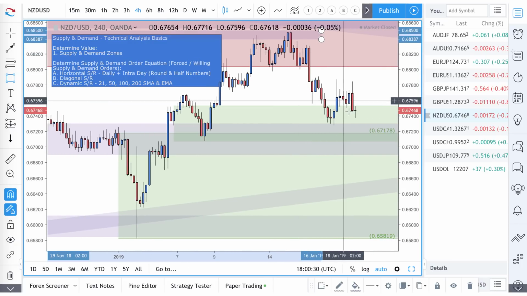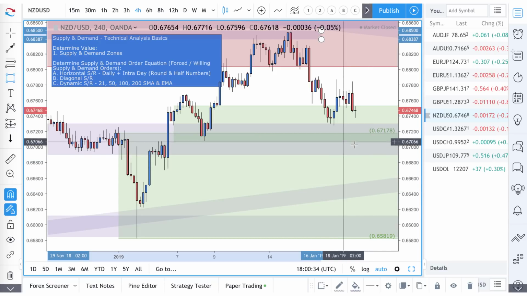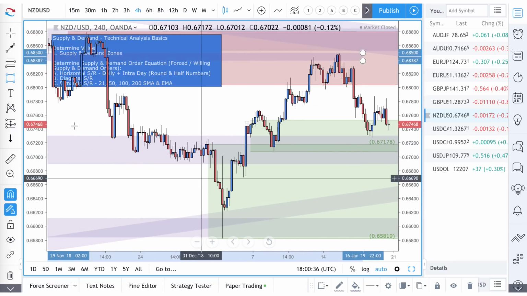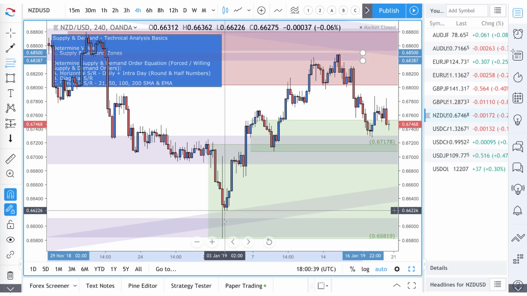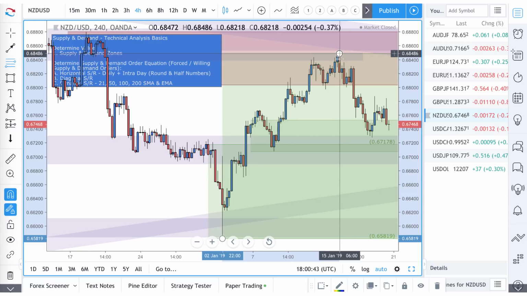One-to-one's been reached. Now we're just waiting for the second target, running down to either 50% of this range. So if this was the range,